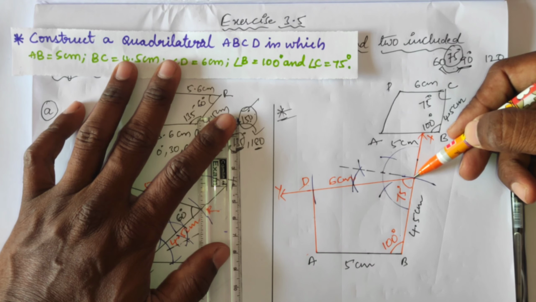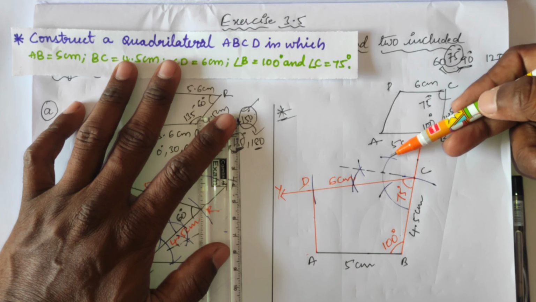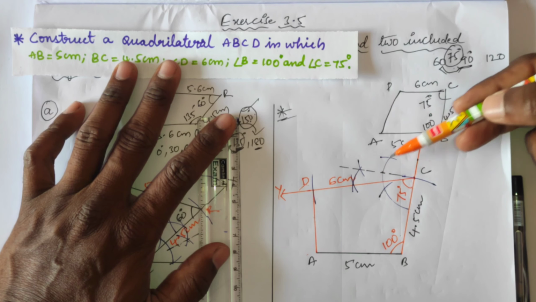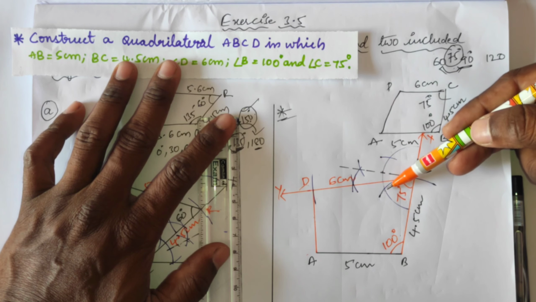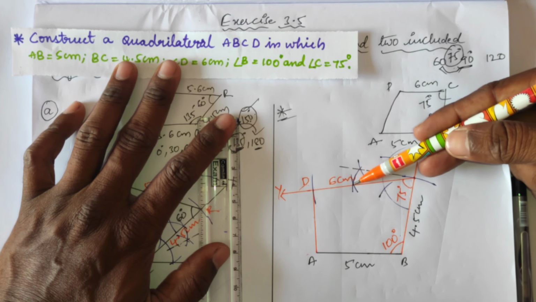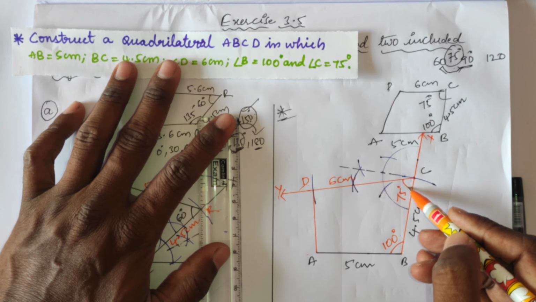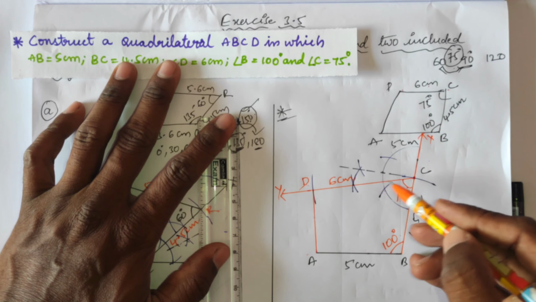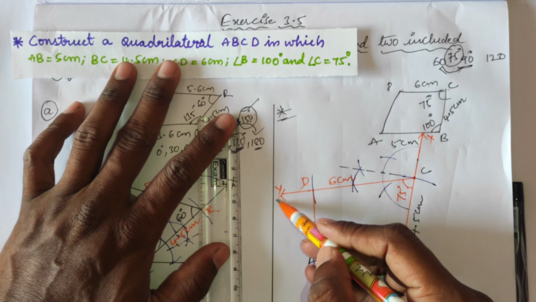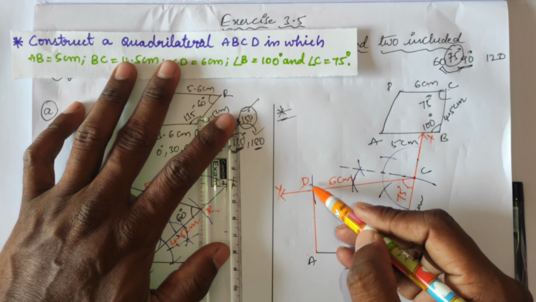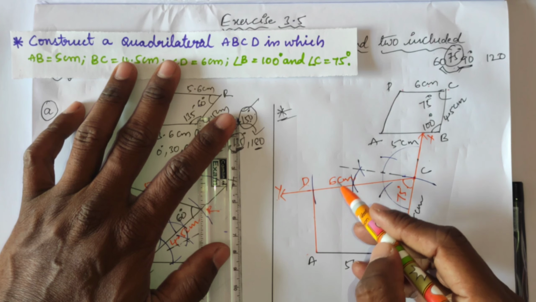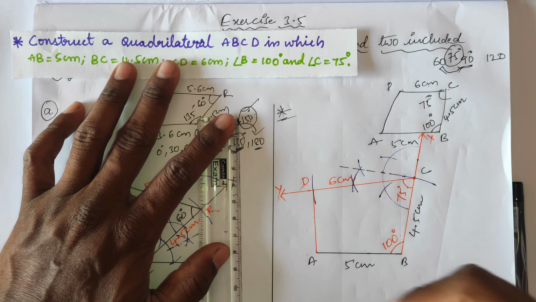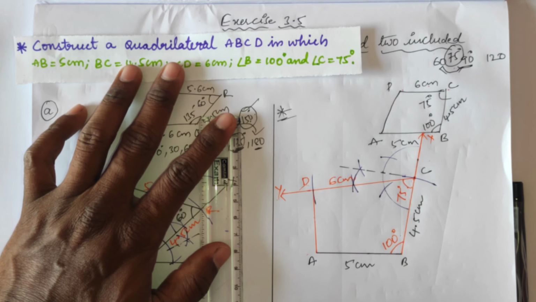Taking center as C, drawing an arc at 60 and 120. Between 60 and 120 we will get 90 degrees. So to construct 75 degrees, again construct a bisector between 60 and 90. We got the bisector here, nothing but the measure is 75 degrees. And CD has length 6 centimeters, taking C as center, measuring 6 centimeters radius. I am cutting this CY ray. We got an intersecting point and name it D. And we are joining C to D, nothing but 6 centimeters. To complete the construction, we are joining A to D. With this, our required quadrilateral ABCD is completed.